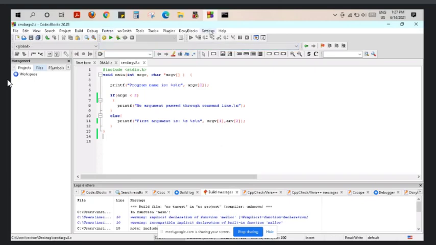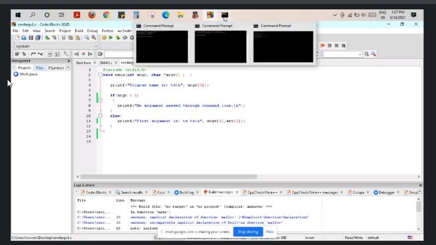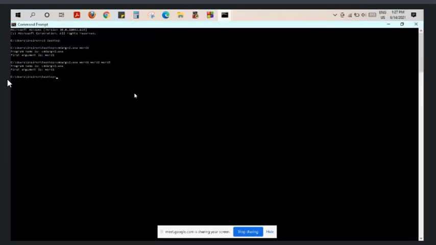Why is that? Only the first string is getting printed.